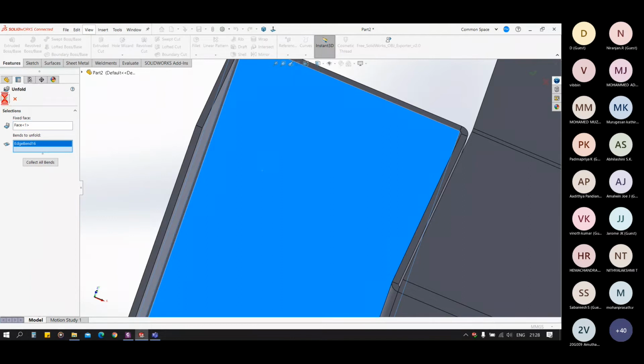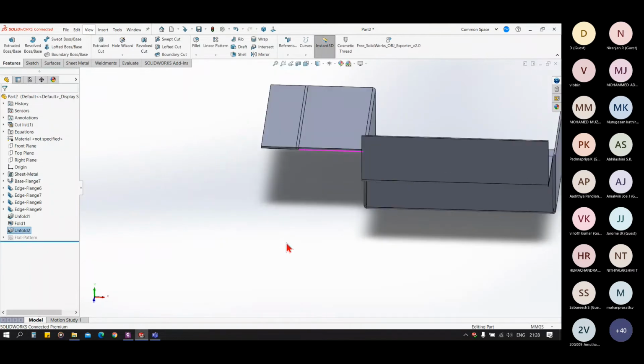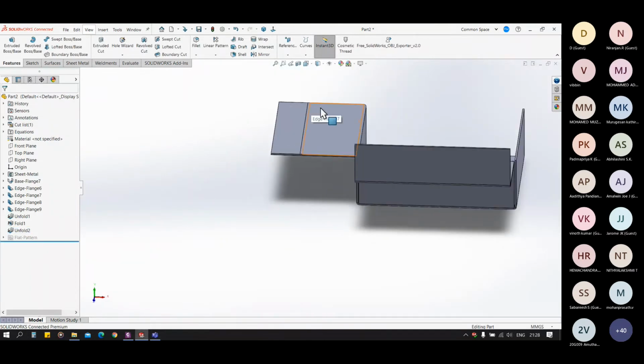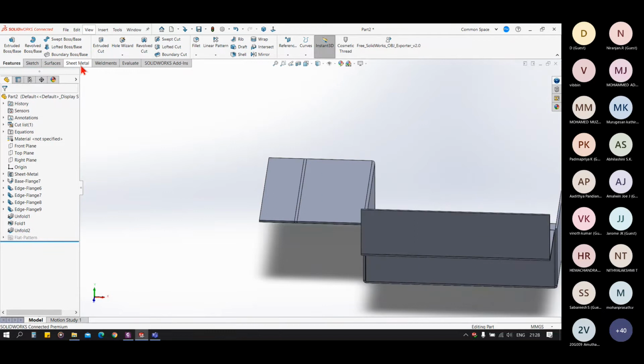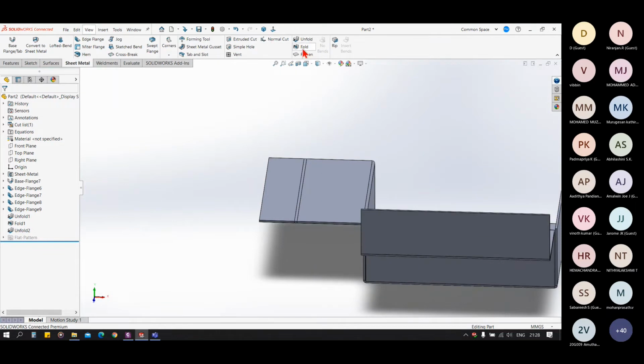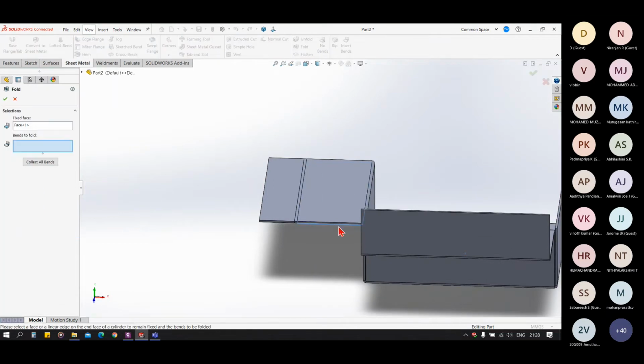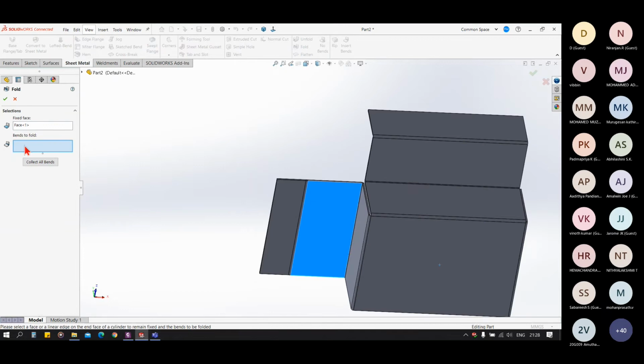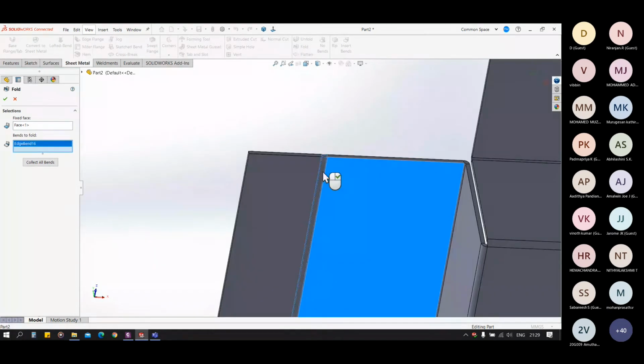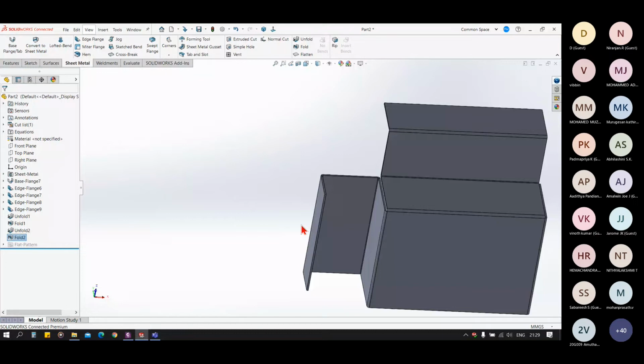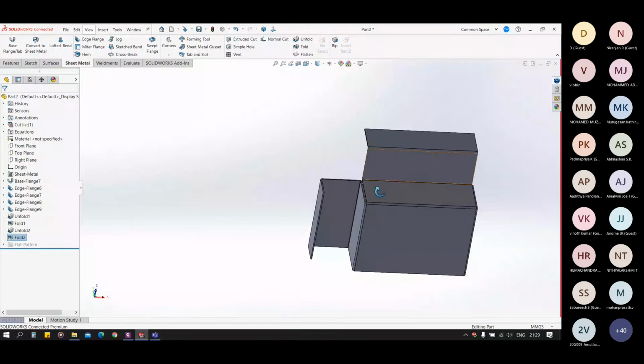When we click OK, you can see the bend is unfolded. And now to fold it, we have to select the fixed face and select the bend and click OK. It will be folded again.